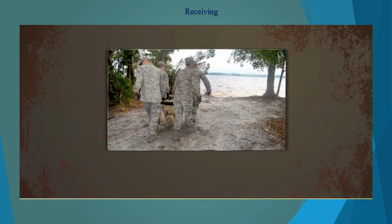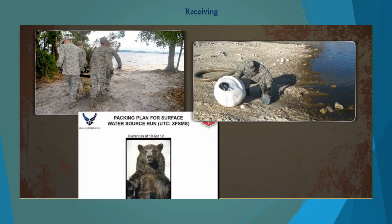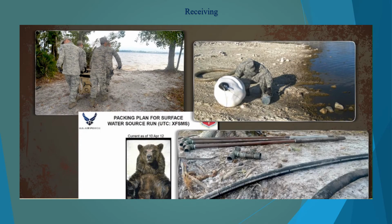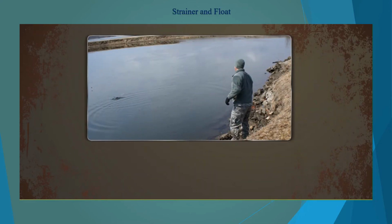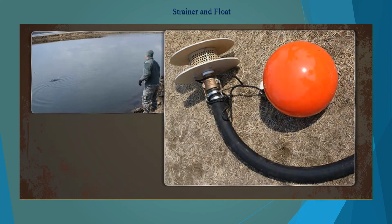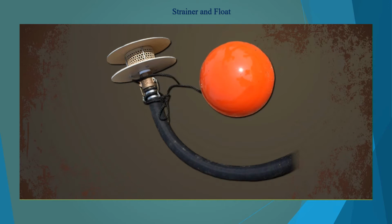With the site selected, you have three different options of drawing water to the ROWPU: the strainer and float, the bare source run subsystem, and the ocean intake structure system. With a water source that does not have a lot of movement, use the strainer and float. First, connect the strainer to the end of the suction hose. Next, connect the float to the strainer with enough rope to allow the strainer to be submerged without touching the